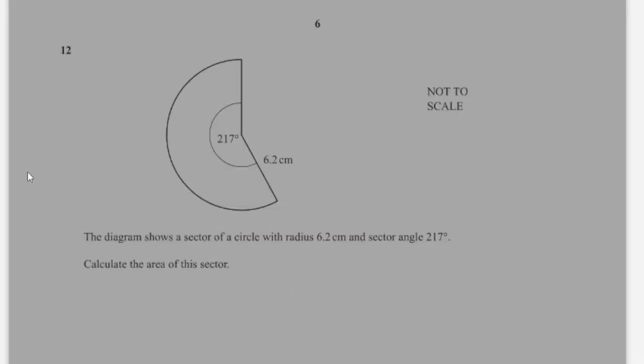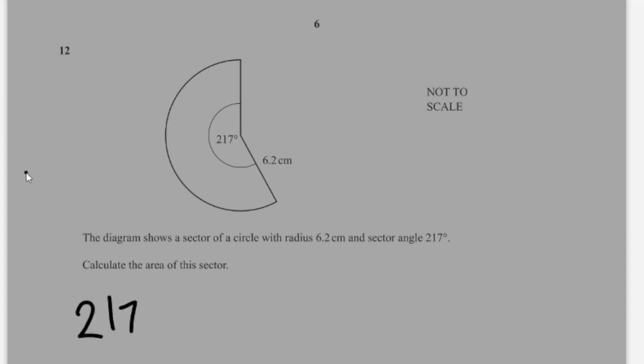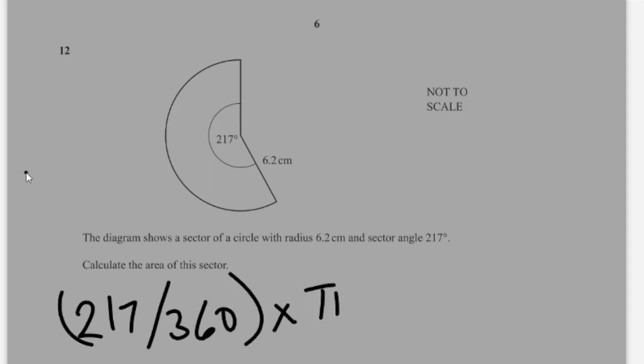Question number 12. The diagram shows a sector of a circle with radius 6.2 centimeters and sector angle 217 degrees. Calculate the area of this sector, which would be 217 divided by 360 multiplied by pi r squared, which is 6.2 squared, and this gives us the answer as